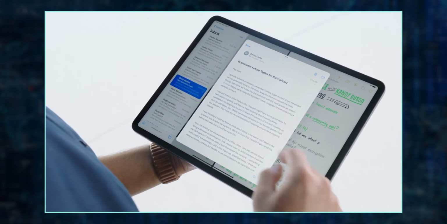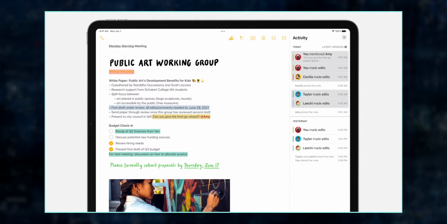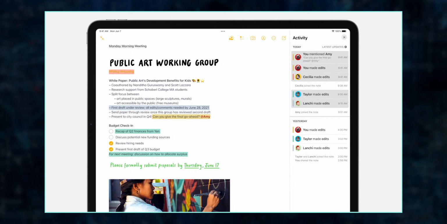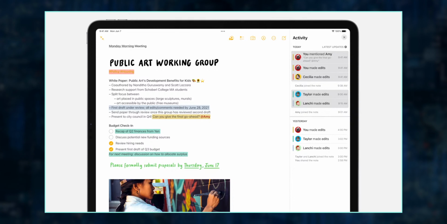So it's more intuitive. In the Notes app, you will have more options to collaborate. So if you share your note with other people from your team, for example, you will have the option to mention team members inside this note and make comments. So it's kind of similar to the Google Docs collaboration features that we have right now.